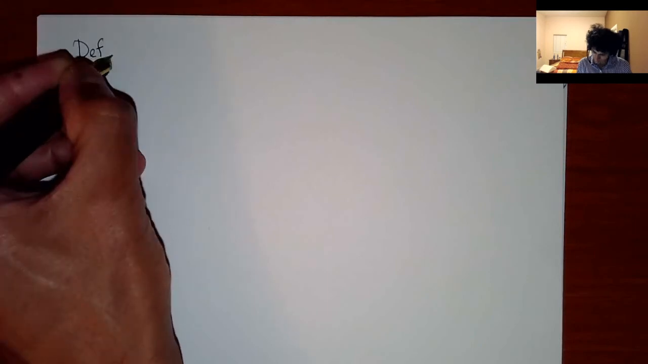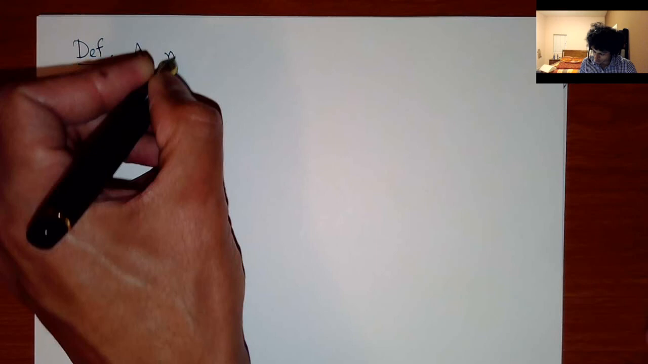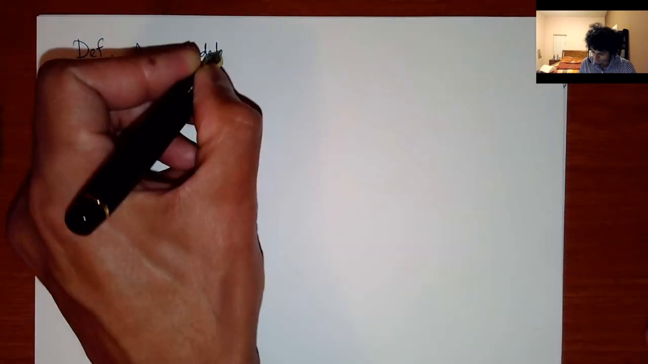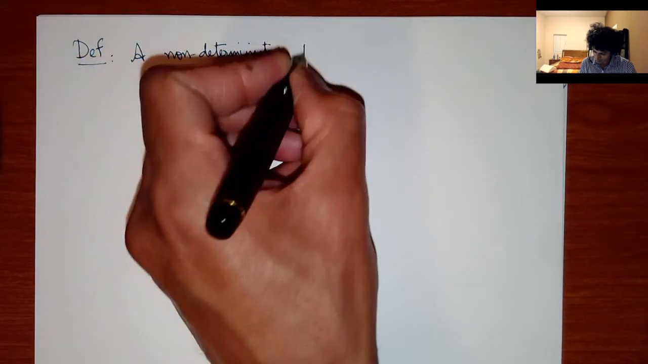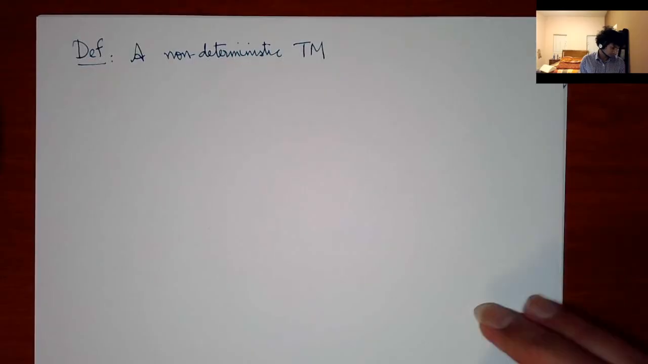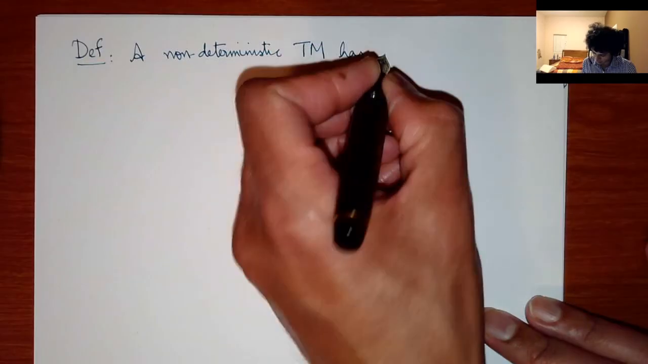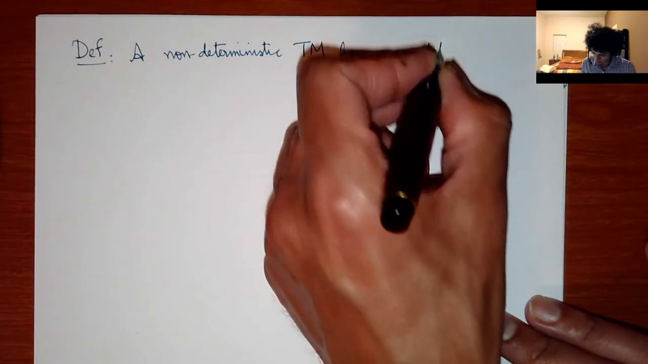So now that we have the definitions of P and NP, I'm going to give you an exercise, and I'll sketch out how you would prove it. Let me first define a non-deterministic Turing machine. It basically has a non-deterministic